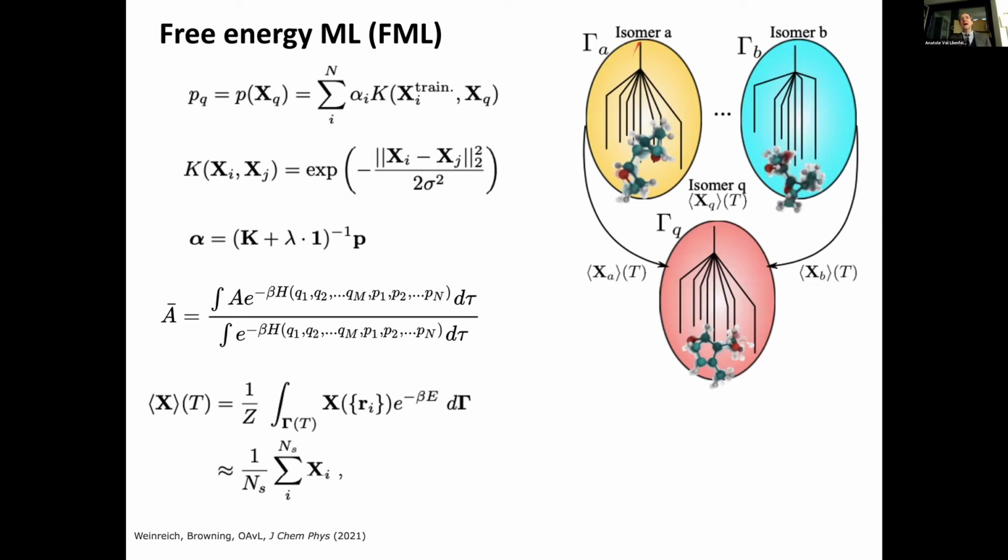So for any isomer A or B, you would average their coordinates, and when you have a query, you also have to run MD on your query, but then using that average for the query, you might be able to have the right representation to infer the free energy of solvation